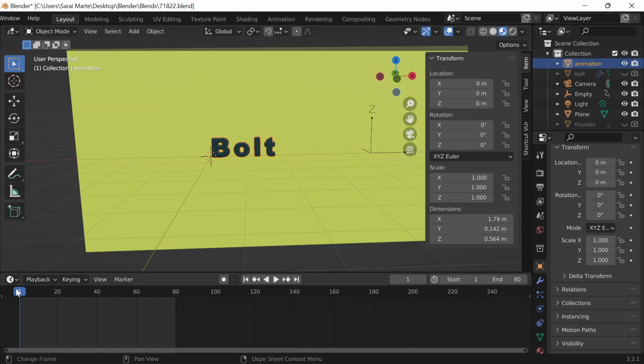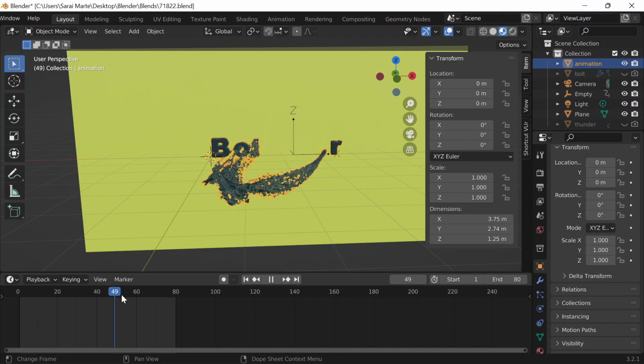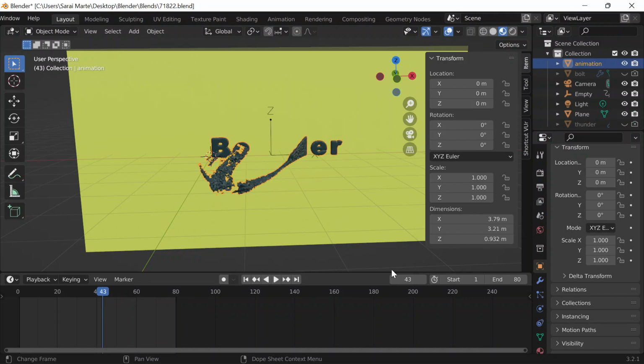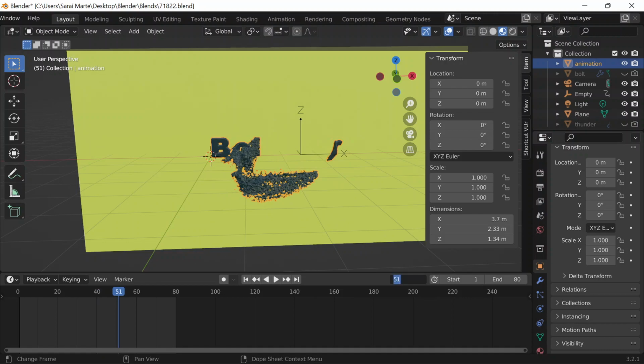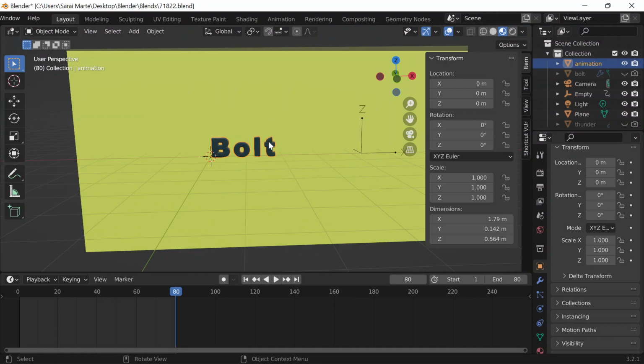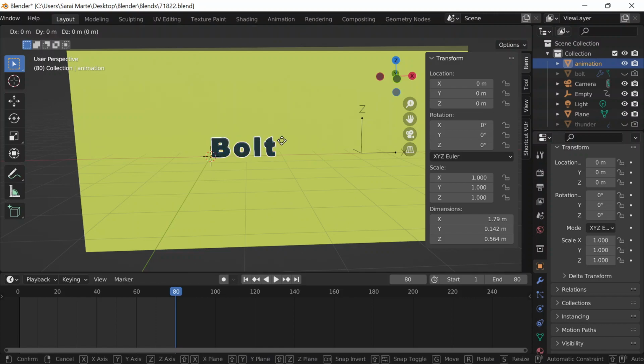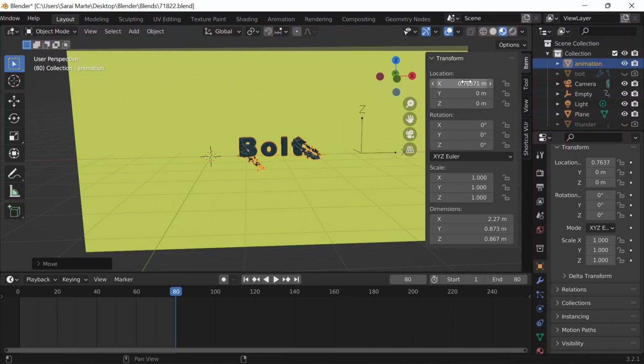Well, when does it appear? It starts appearing here. So I kind of want it to, well, at least by keyframe 80, I need it to be in the center. So I guess I'll do GX and move it to be in the center, and then hover over that position,